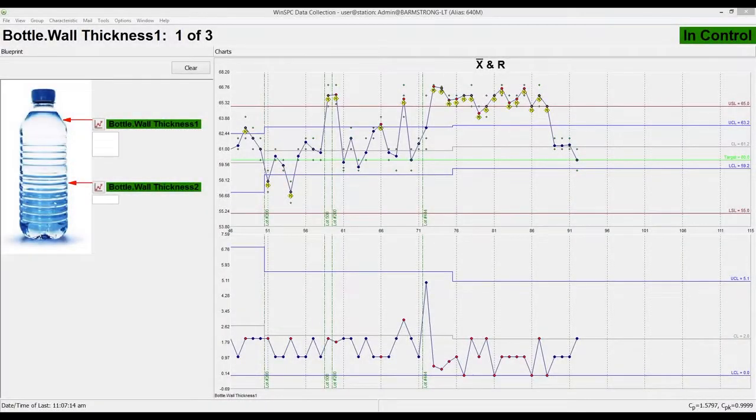Hello, welcome. In this workshop, we're going to explore Blueprint Mode in WinSPC. Blueprint Mode is one of the optional layouts on the shop floor view, our data collection screen. The Blueprint Mode here shows an image of a bottle on the left with standard live data entry on 2